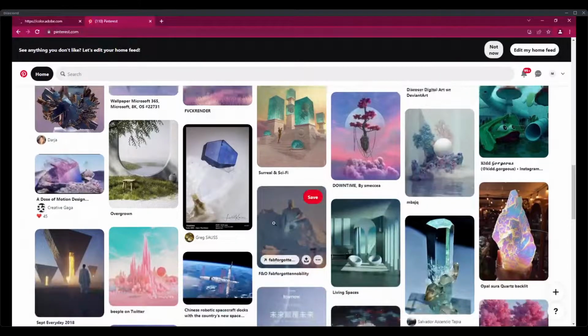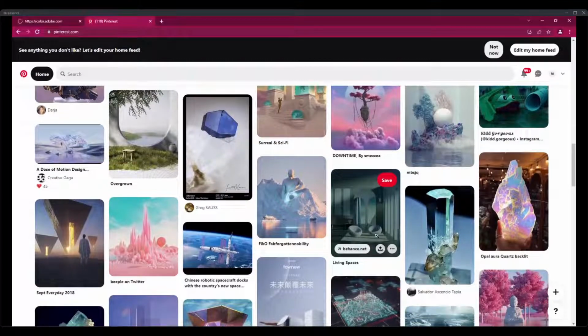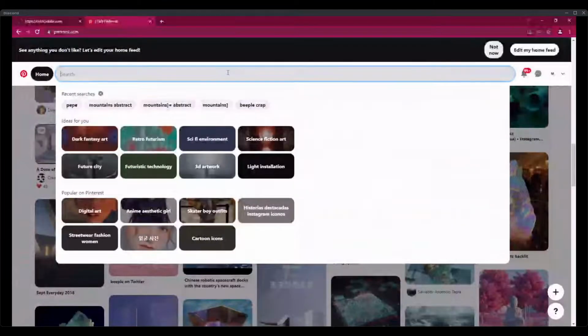For example, what do you search for in Pinterest? It depends. For example, if I'm looking for landscapes, I type in